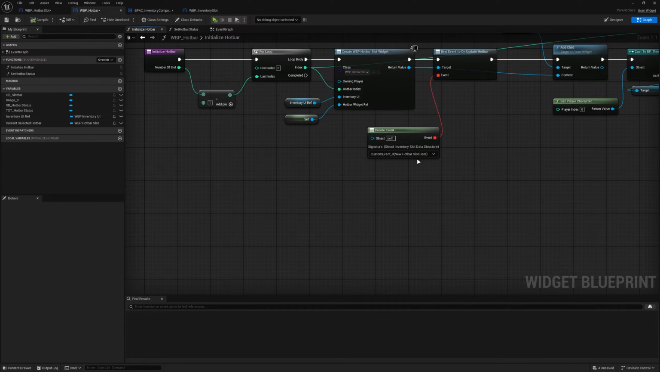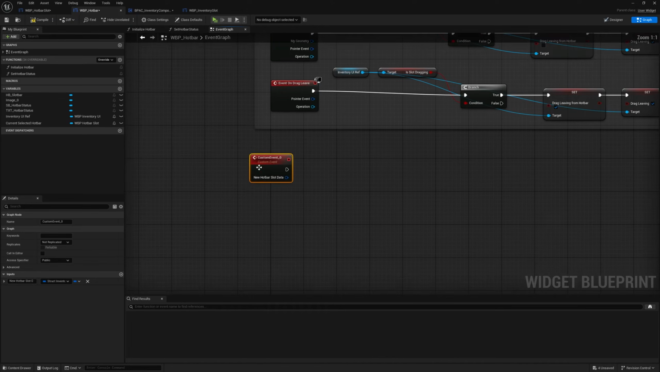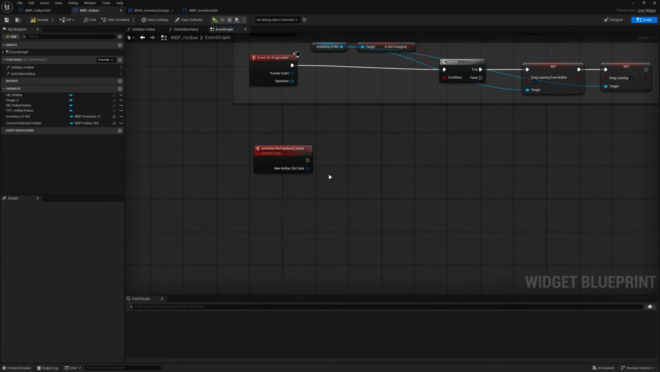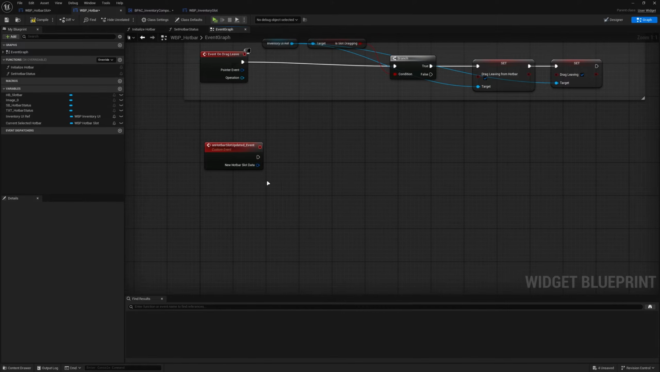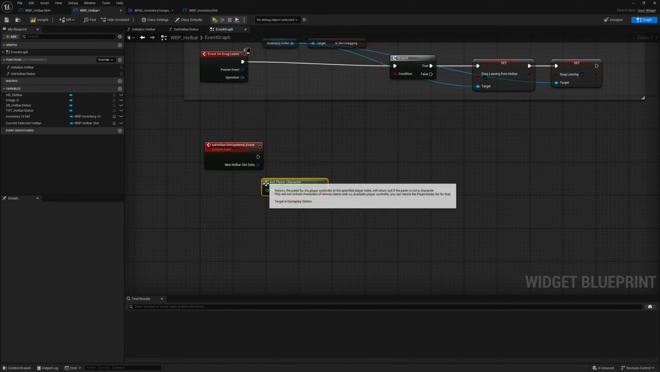Also make sure that it has set here. So custom event 0. Okay, nice. And I'll just rename this to like on Hotbar slot updated underscore event. Okay, so from this new Hotbar slot data, we're gonna again get our player character and cast